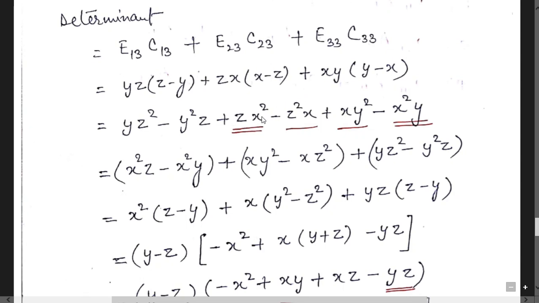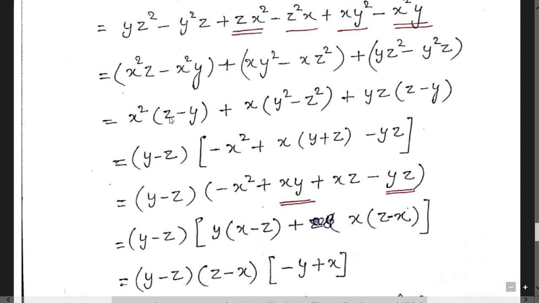Now, double lining content. Look at the double lining content. In double lining content, both the values are with x square. Please collect these values in the first step. And single lined content is containing only x. Collect the values. And third values are without x. Please keep in mind this step. In first step, you have to pair the values according to the powers of first variable. First, collect the values of x square. In second bracket, collect the values of x. And in third bracket, collect the values without x. Please keep in mind this.